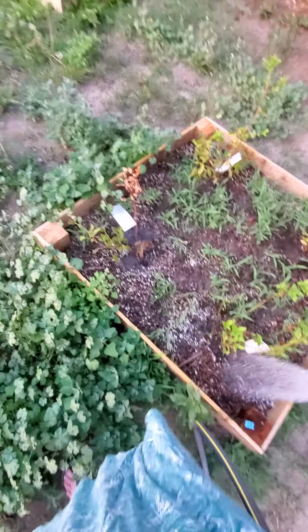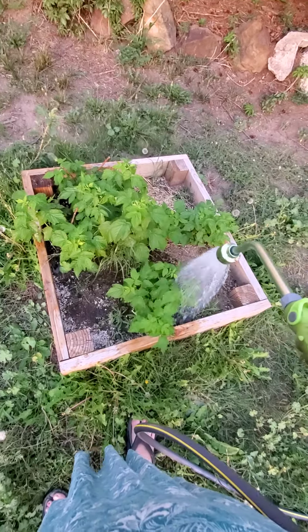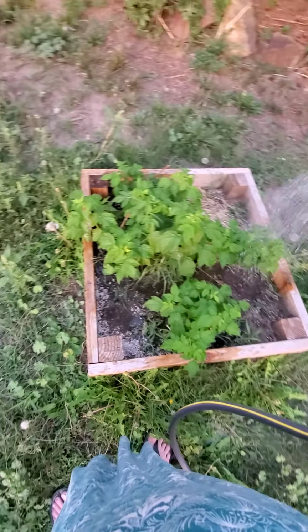Trying to make sure everything gets super good and watered. My garden seems to do better with heavy watering at night versus first thing early in the morning. And the last week has been really hot, like up in the 90s. So I'm trying to make sure everything is